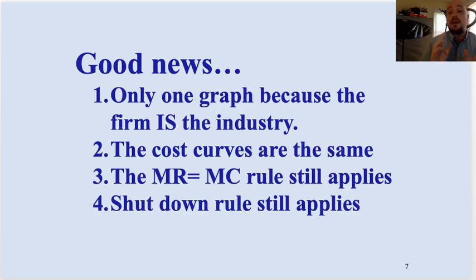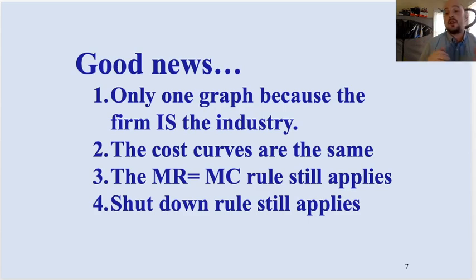In perfect competition, in Unit 3, you were drawing side-by-side graphs. You were drawing the supply and demand line, and then you drew the firm to the right of that. The good news in a monopoly is that one graph is all that's needed because the monopoly is the industry. There's only one business in the market. There's only one business in the industry, and so the monopoly graph is all you need.